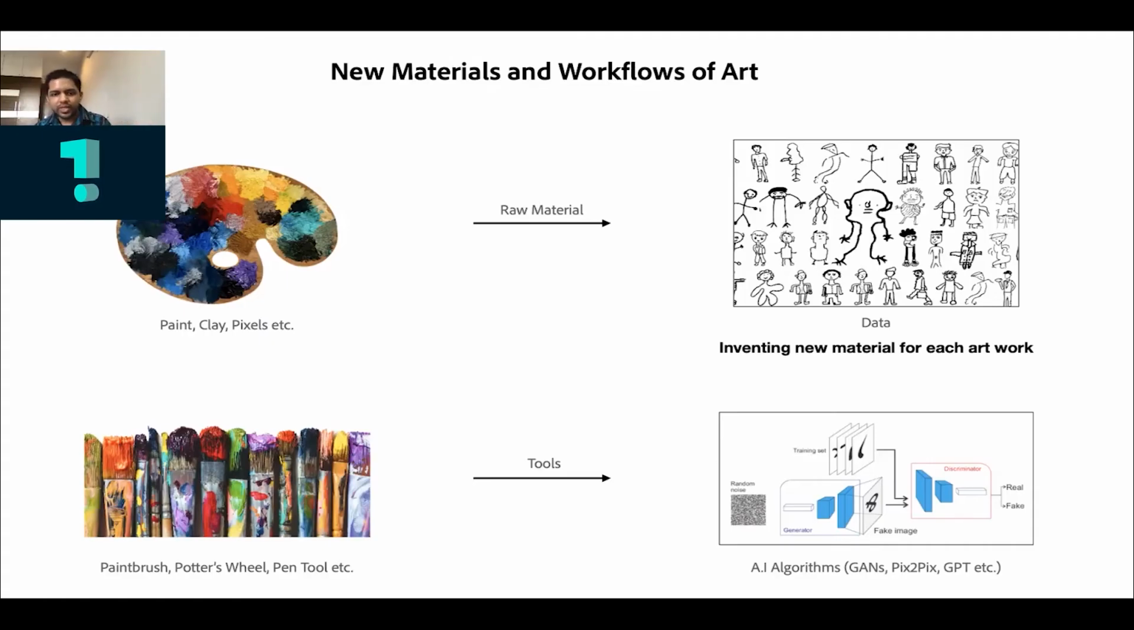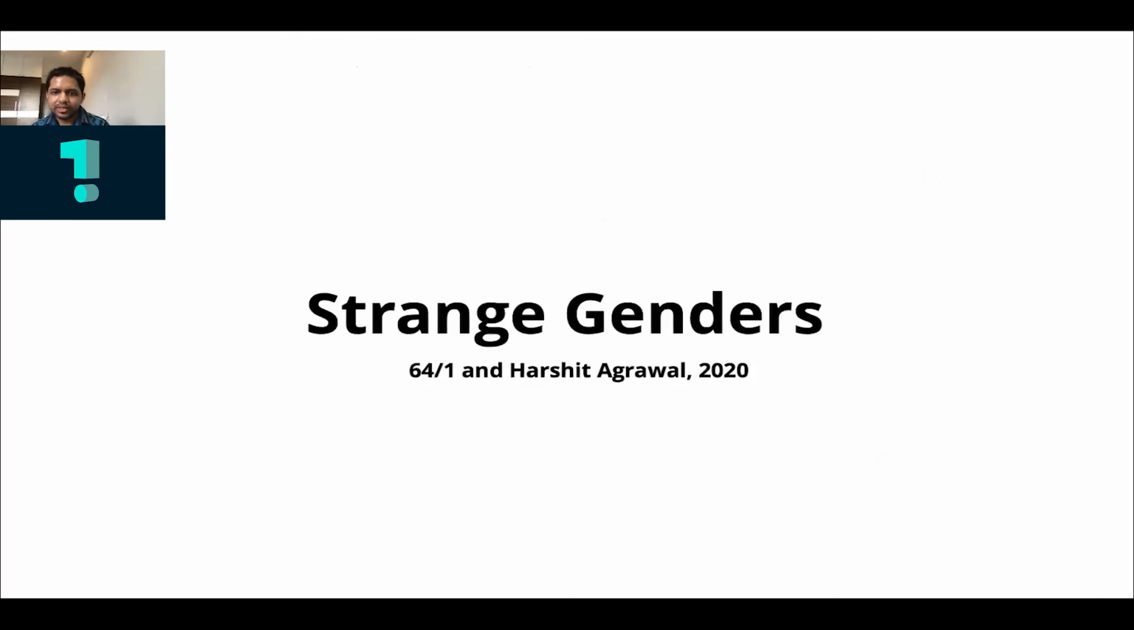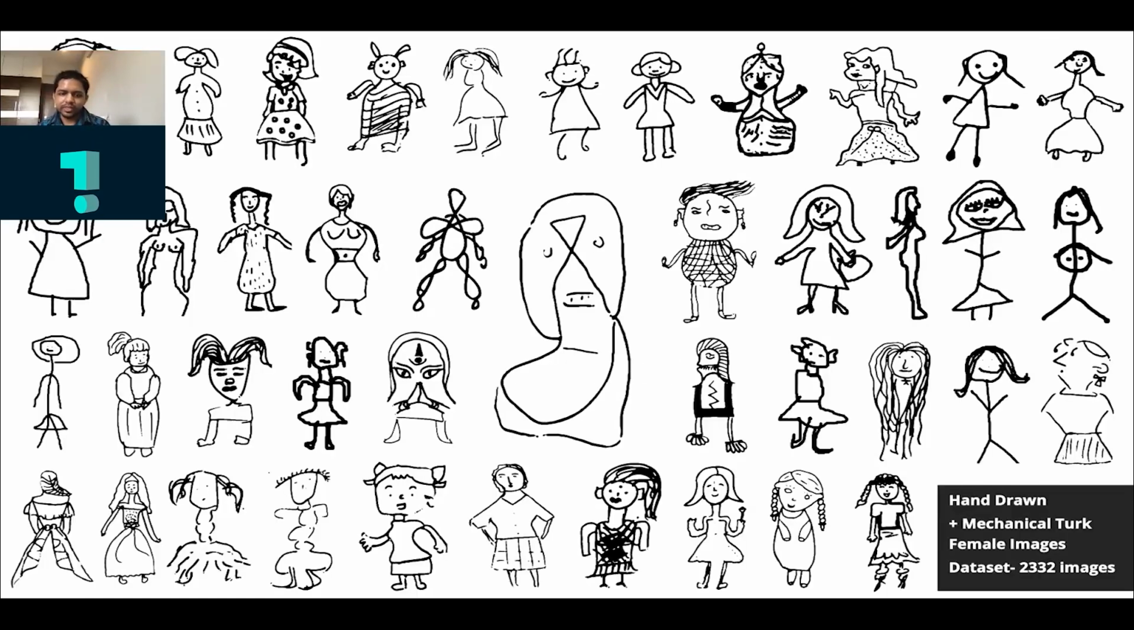with traditional art, once you've created paint, you could probably use that in various ways. But with AI art, oftentimes you're creating a new material for each artwork, like you're collecting a new data set, or creating a new data set, etc. And one project that really shows an example of this analogy is this work called Strange Genders, which I did with this other collective of artists called 64 bar 1 over last year, over the lockdown